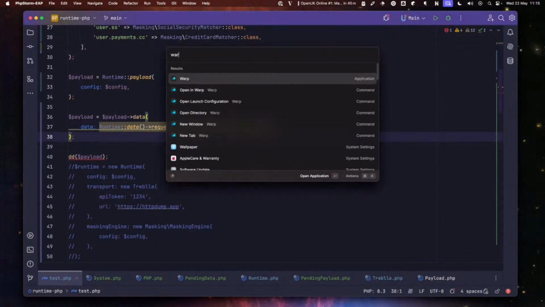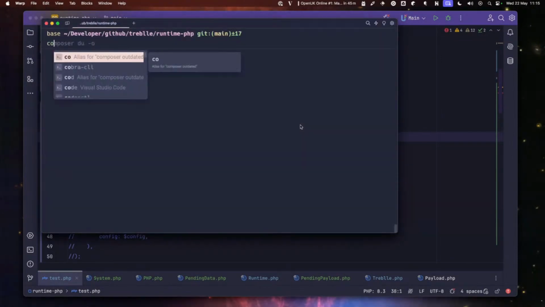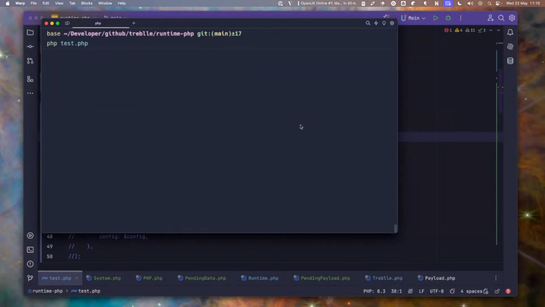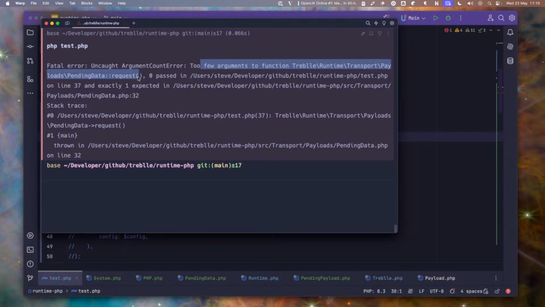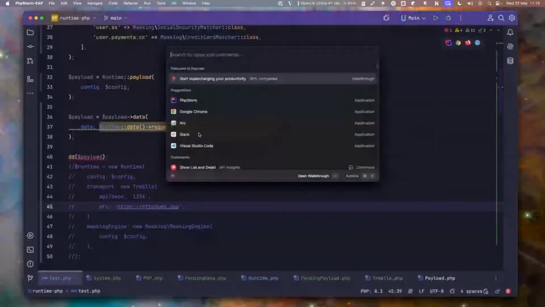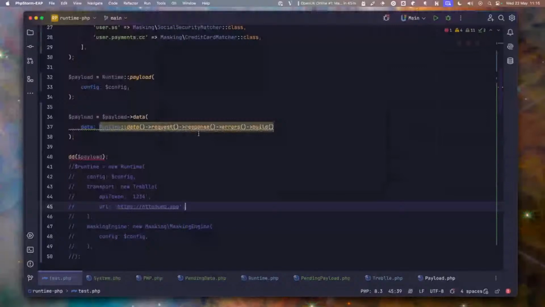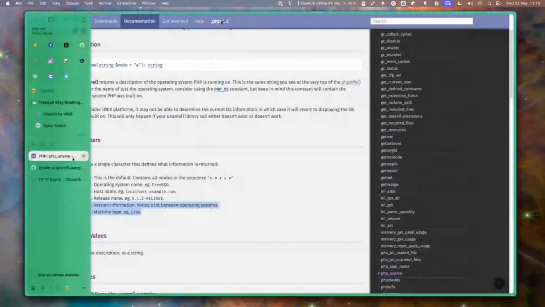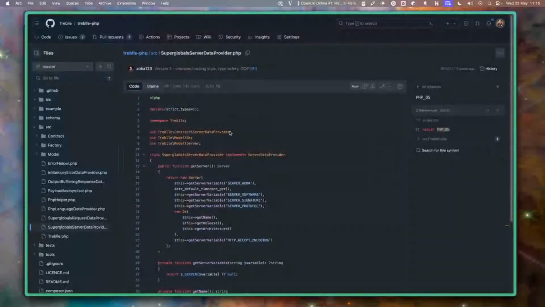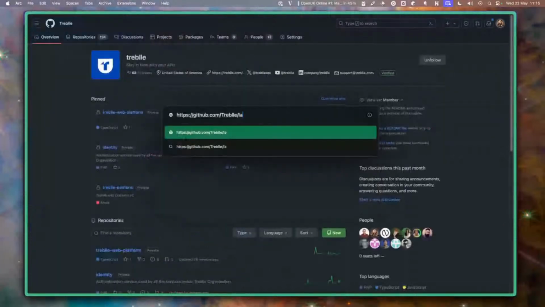Now, if I come over to Warp, do a quick composer dump again. And now we aren't able to build the request. This is the part that needs to be built and passed in from the middleware. The way our current packages work is that the data is passed in through middleware. So if we go have a look at an implementation, for example, like Treblle Laravel,